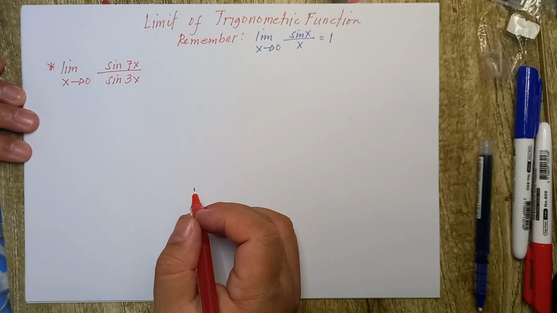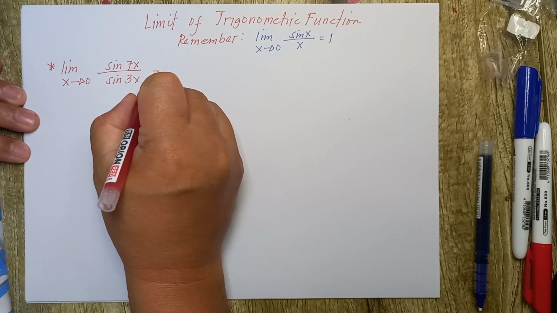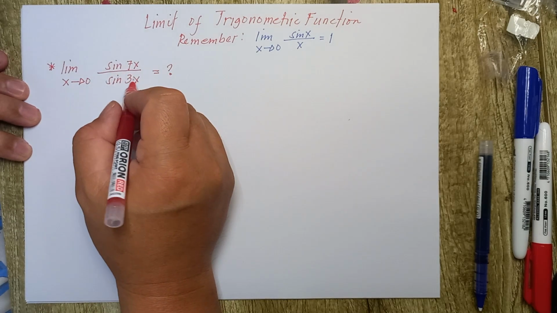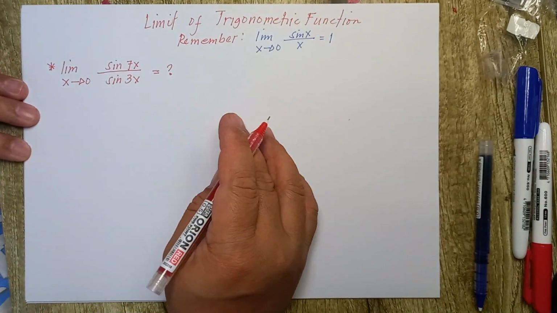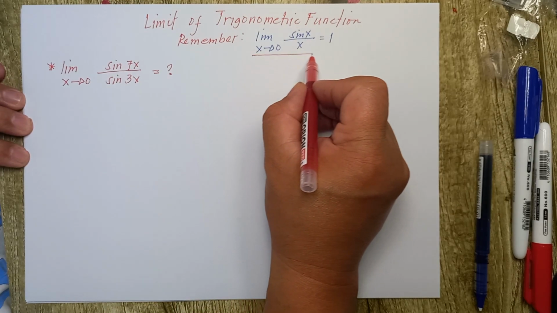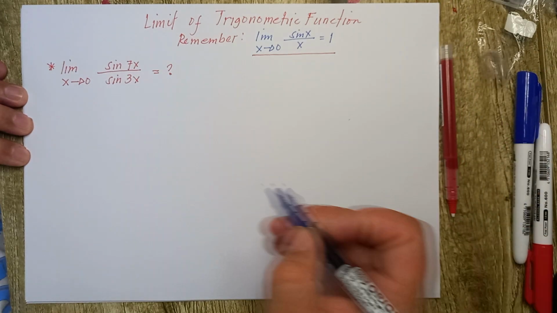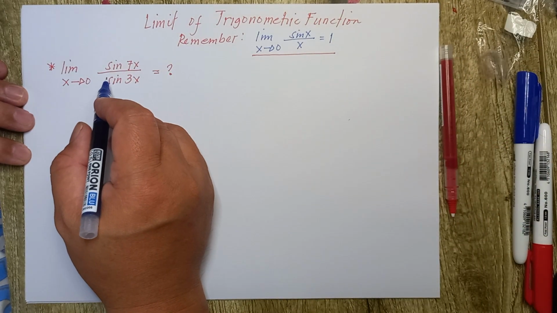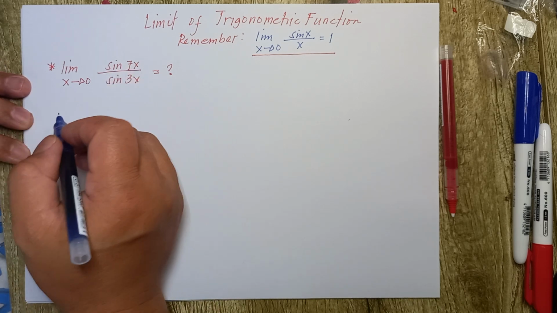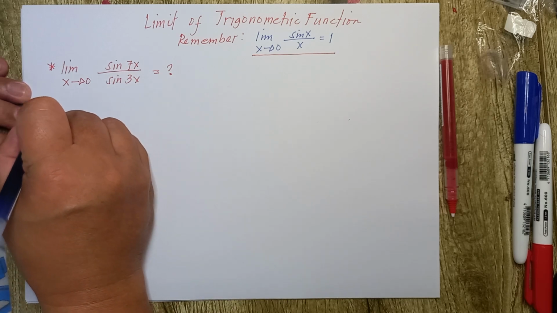Now we have another problem: the limit of sine 7x over sine 3x as x approaches 0. What is the limit? Again, we are going to apply this theorem. When we do that, we can rewrite the problem. As you can see, it is in rational form, so we can rewrite the problem as the limit